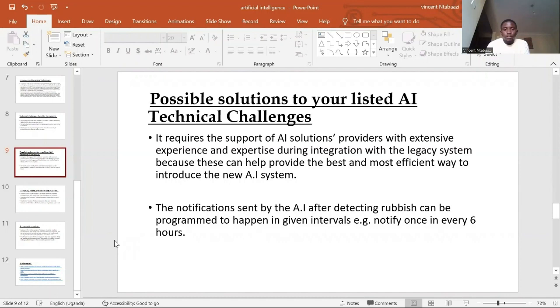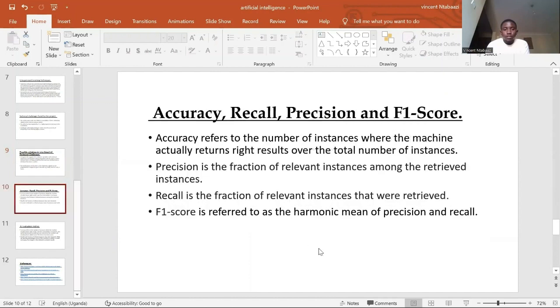Then also I tried to look at the notifications problem, which could lead to the project to crash. And maybe we can make it in a way that it notifies once in maybe 6 hours that the place is dirty, so that it doesn't keep notifying all the time. If it realizes it has checked a place, then it will check that place again after 6 hours, so that it reduces the number of messages.